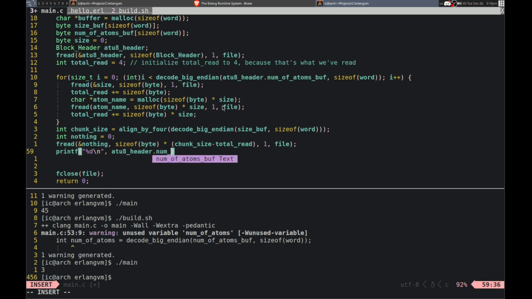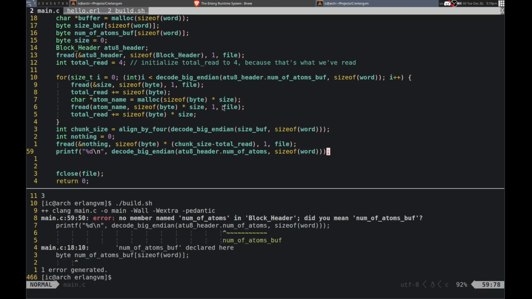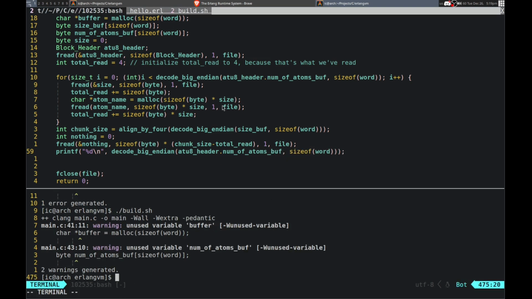Let's see, I'll just do number of atoms and decode that, just to make sure it did state it. Big and medium. That, let's see, size of word. Let's see, like that. Build this. Number of atoms spot. That is my bad. Alright, do that. Use variable buffer. That's okay.